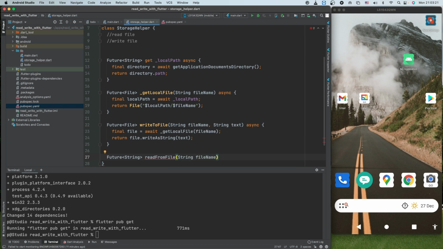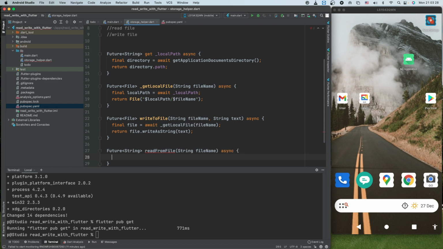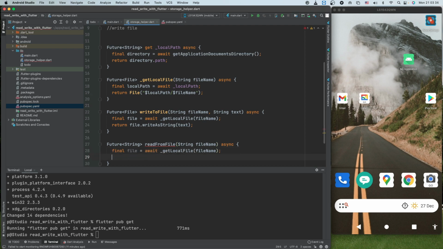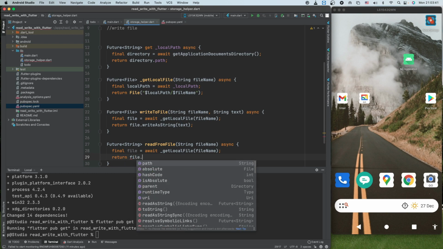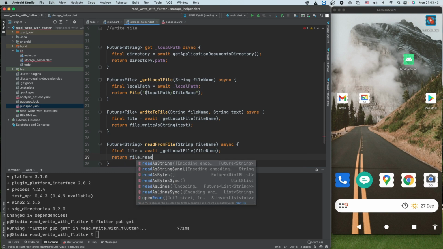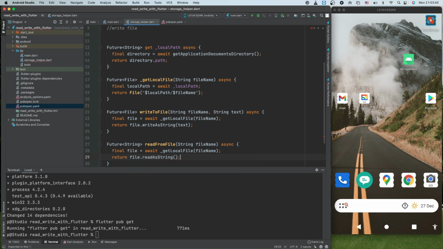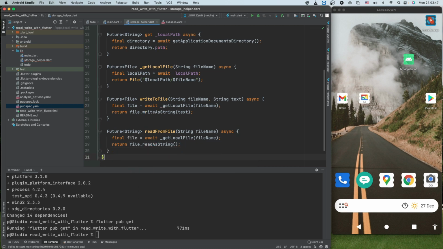We don't need to provide any other parameter because we are reading from file. What we need to do is get a file handle and then read from this file, read as a string, that's all, and it will return the file.